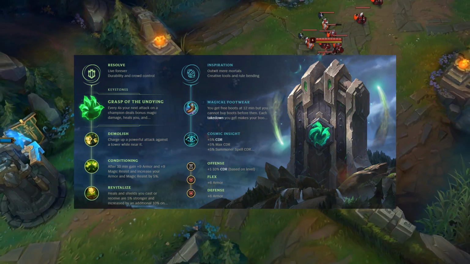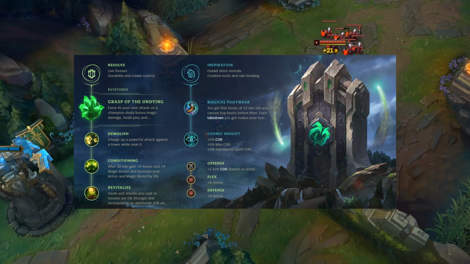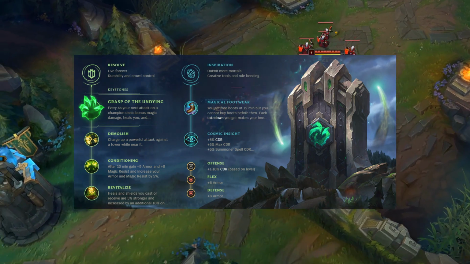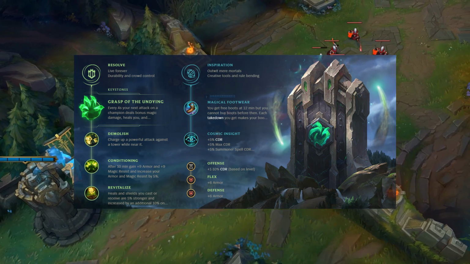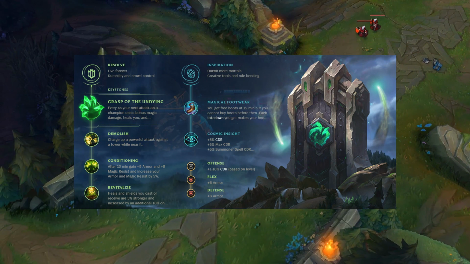It saves you gold as well, because you're trying to focus your gold on resistance items, and then you want to go Cosmic Insight to have more CDR. The more CDR you have on Nasus, the stronger he's going to be when he presses ult, and the more often he can use his Q. This is how he's going to achieve 95% cooldown reduction,